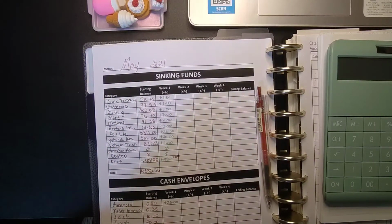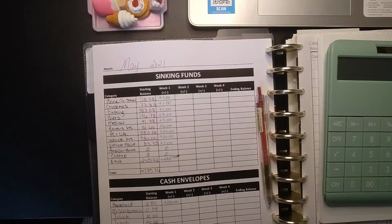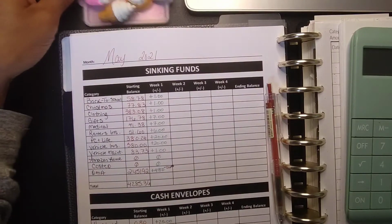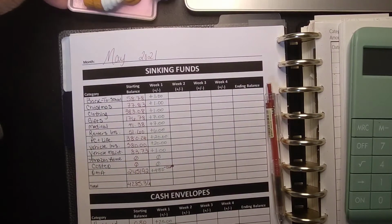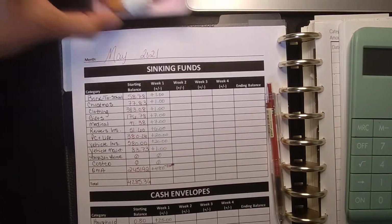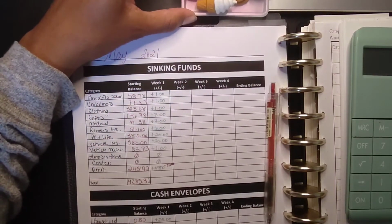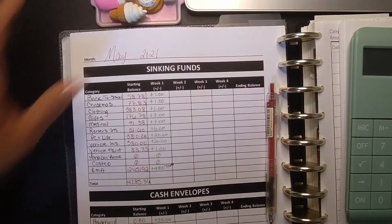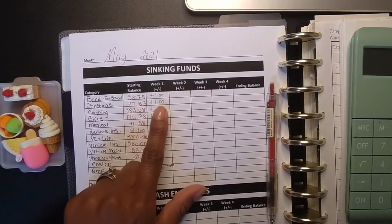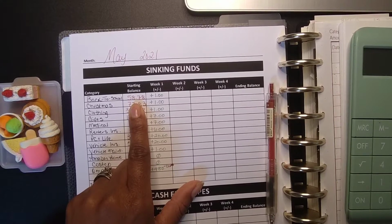All right, so first is back to school. I'll see if I can zoom you in a little bit more, just so you can see up close. And I want to see if you can see my little aesthetic here, but that might be in the way, so I'll just put it there. Oh, or can I put it to the side? There you go. Okay. So back to school, we started May with a balance of